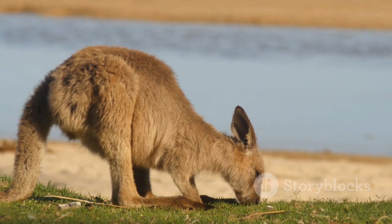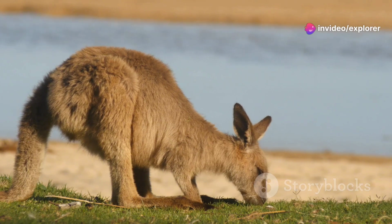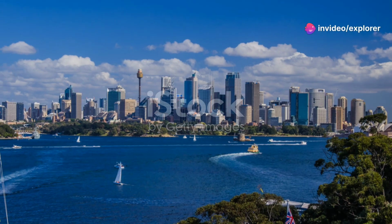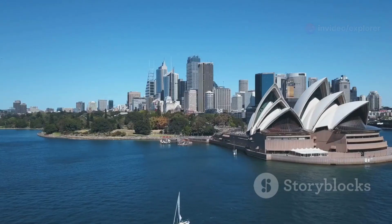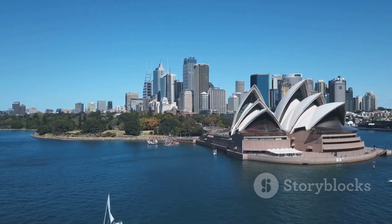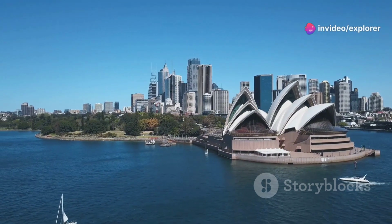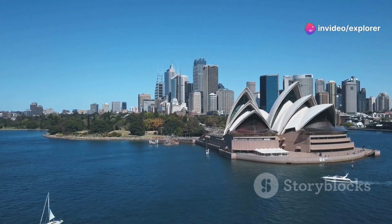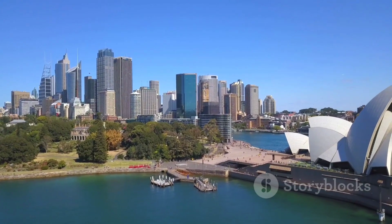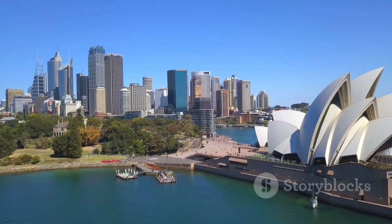This is the place where Australian wildlife comes to life, where you can have an intimate encounter with the country's unique fauna. And it's not just about the animals. Taronga Zoo is perched on the edge of the world-renowned Sydney Harbour, offering breathtaking views of the city's skyline. As you wander from exhibit to exhibit, you'll be treated to a visual feast of natural and urban beauty that's truly unparalleled. It's an environment that adds an extra layer of magic to the already enchanting experience of being so